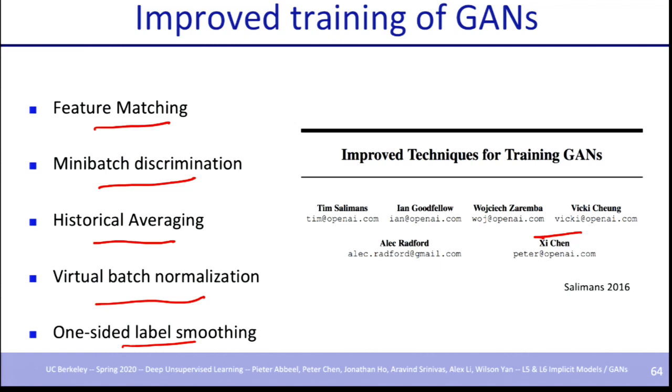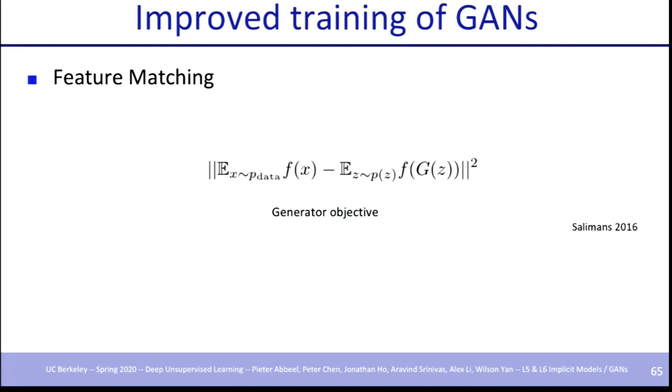All these are techniques that we'll go into details, just like how we delve into the details of DCGAN. And we'll see what they are doing and why they're useful. So, feature matching. Pieter mentioned that if you train the discriminator really to optimum, it's not very useful because you're not going to get sufficient gradients. But then if you don't train the discriminator to optimum, your discriminator is not good, and just purely focusing on optimizing this objective is not really great for the generator because you don't really have a good discriminator.